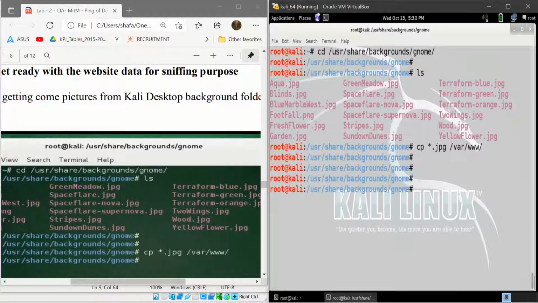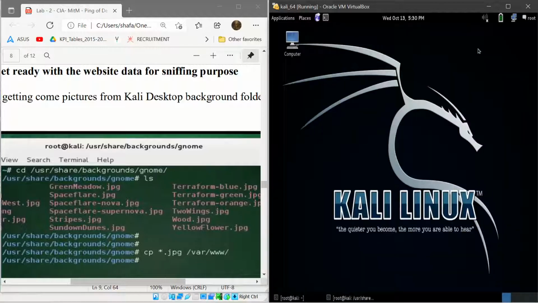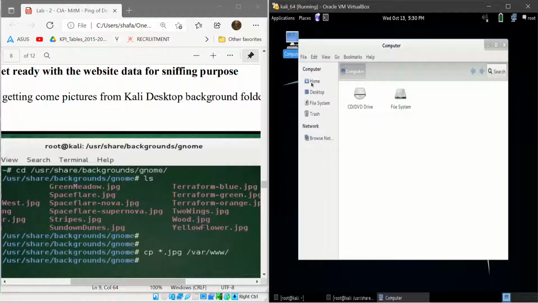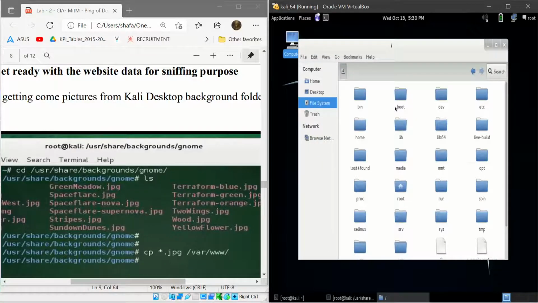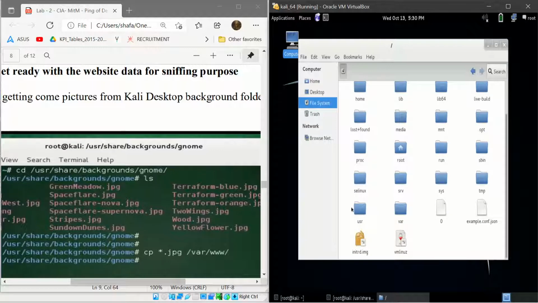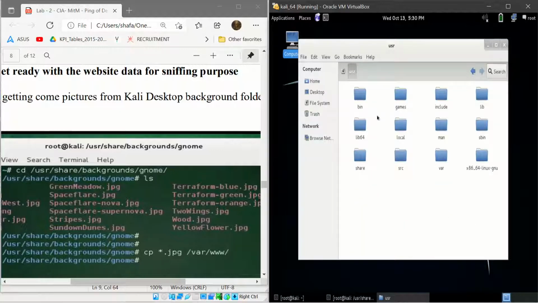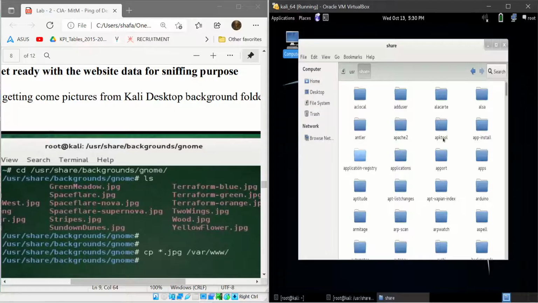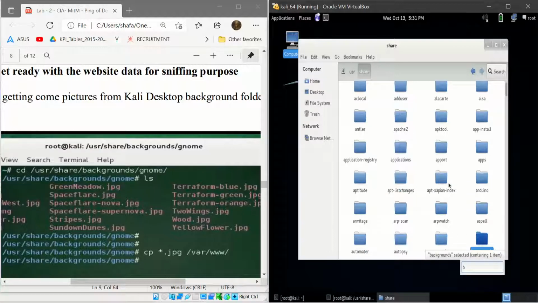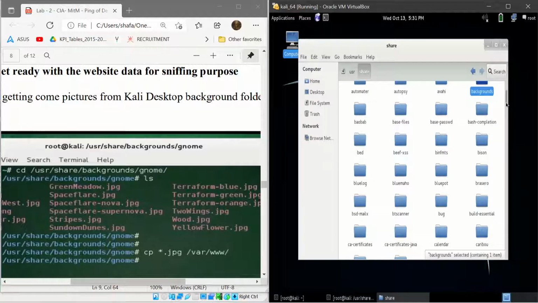You can do it this way, or our previous way. From the desktop we can go to Computer, then File System, then press usr, and then you can see share, and then background.